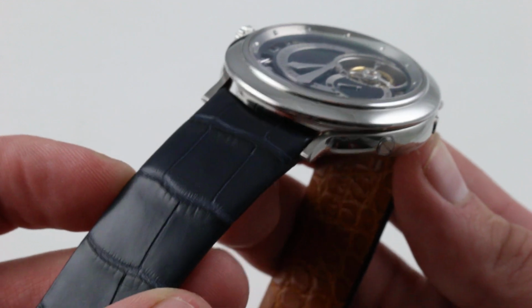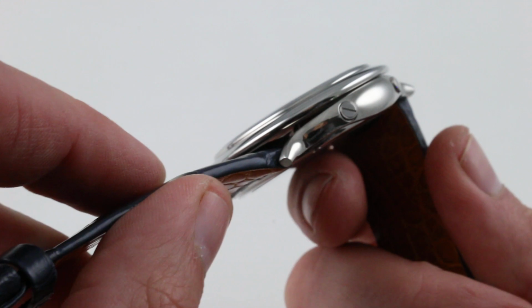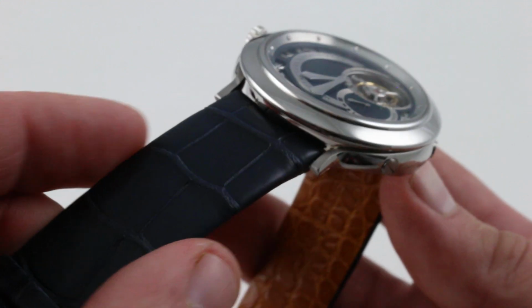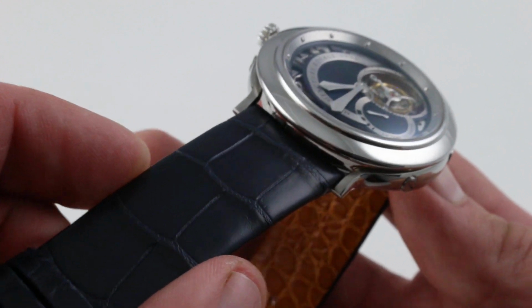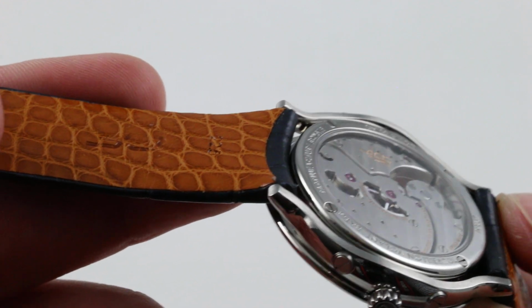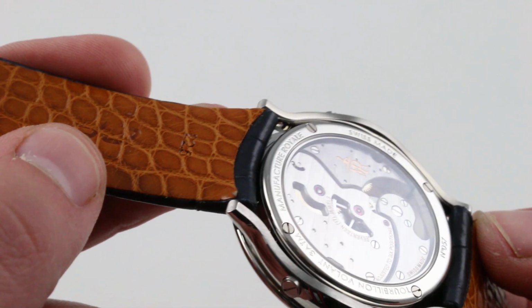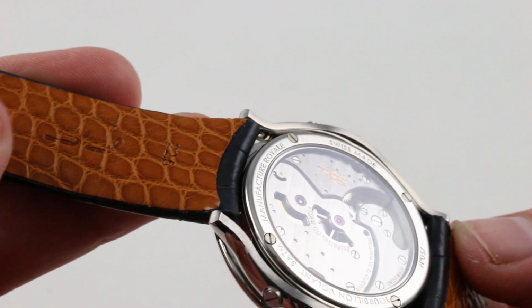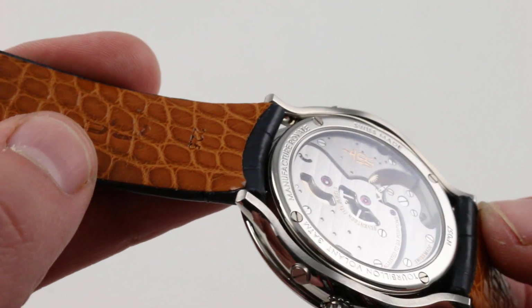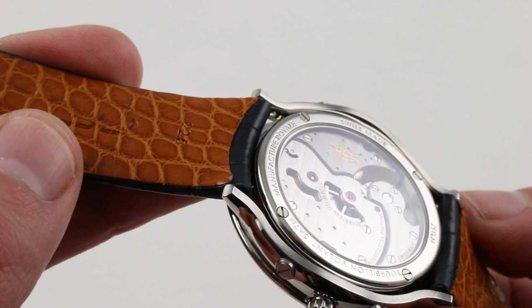The strap is seamless in that it features no stitch, and it also features a very thin, tucked, and minimalist profile. There is no bolstering here. It's a rich royal blue or navy blue with small-scale alligator leather, and on the underside, smaller-scale alligator leather. Very durable. This is a lot of added value. Calfskin often is the limiting factor in strap life, the underside wearing so much more rapidly than the alligator on the top. Here, by using a softer, smaller-scale gaiter, you have a double-sided gaiter that is destined to wear long